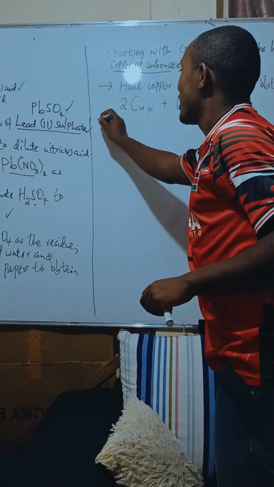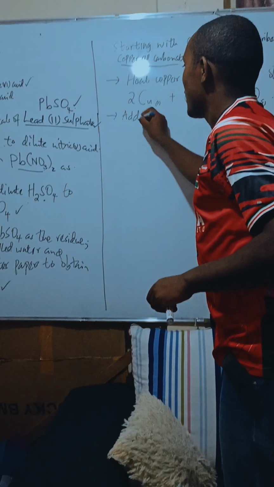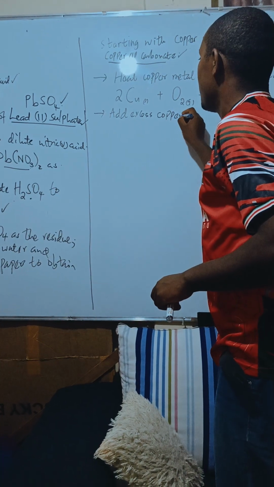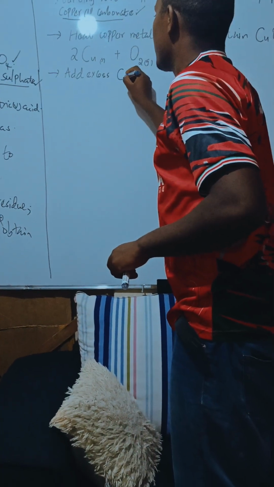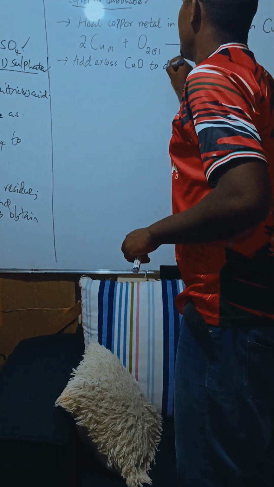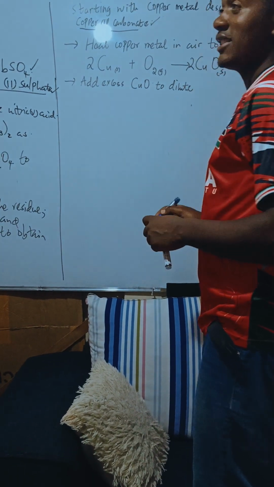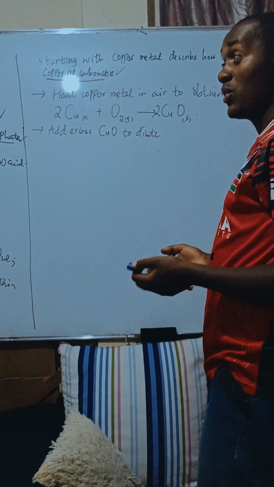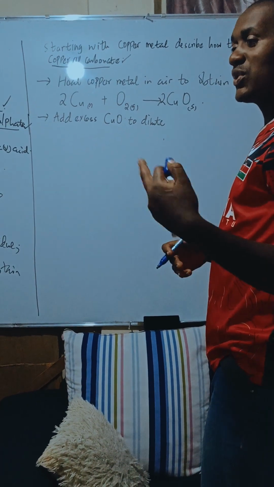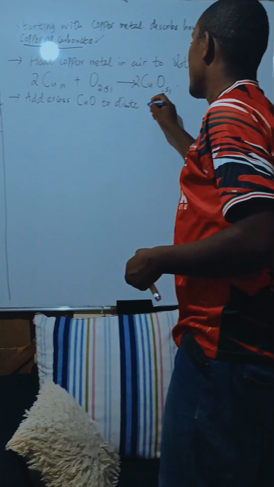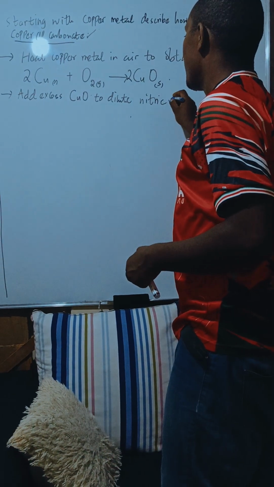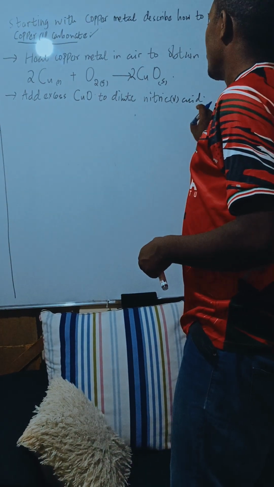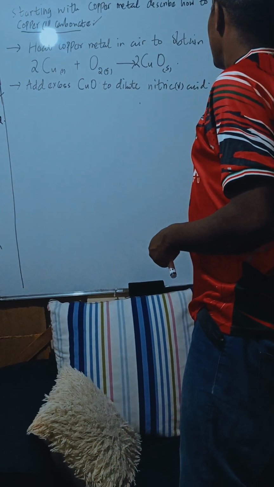After that, add excess copper 2 oxide that is formed to dilute acid. You can use dilute nitric acid, dilute hydrochloric acid, or dilute sulfuric acid, because it will form a respective soluble salt. I love using nitric acid because all nitrates are soluble. So add excess copper 2 oxide to dilute nitric acid to obtain,